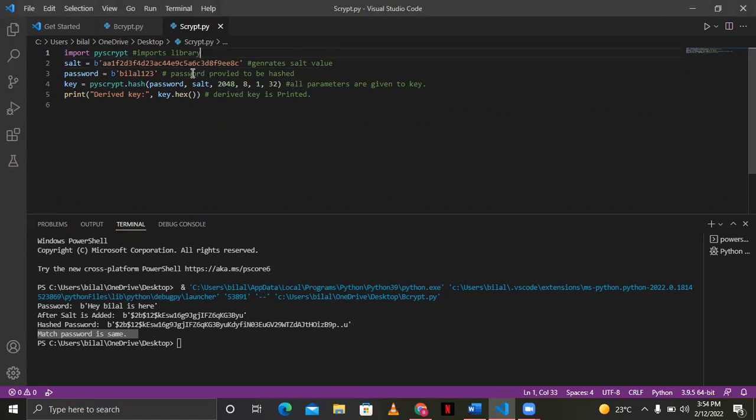After that, we gave the password here. After that, we use the key function, which has all the parameters that are needed for this hash function: hashing the password, salt, and all the other parameters. And then in the end we got the derived key using key.hex, and as you can see, if I run it,